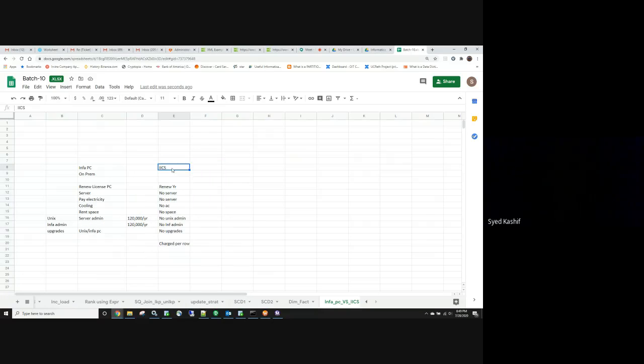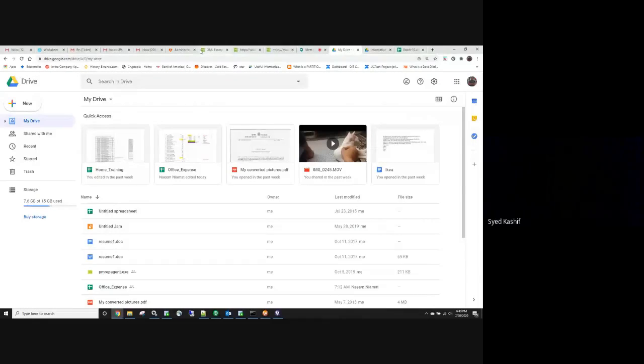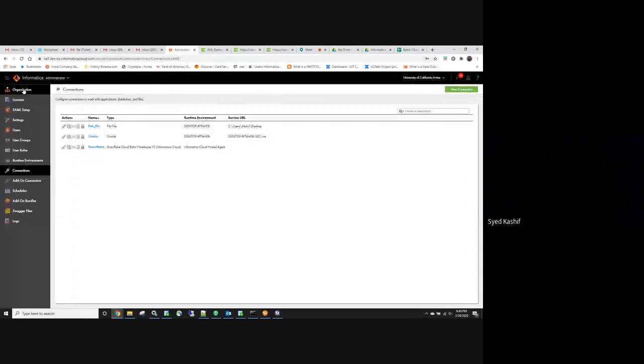When a company moves from PowerCenter to Informatica Cloud, they will say, what happens to all the workflows which we built over the last 10 or 20 years? We need to migrate that to Informatica Cloud. Previously, Informatica did not have this option. So if you go here and go to data integration,